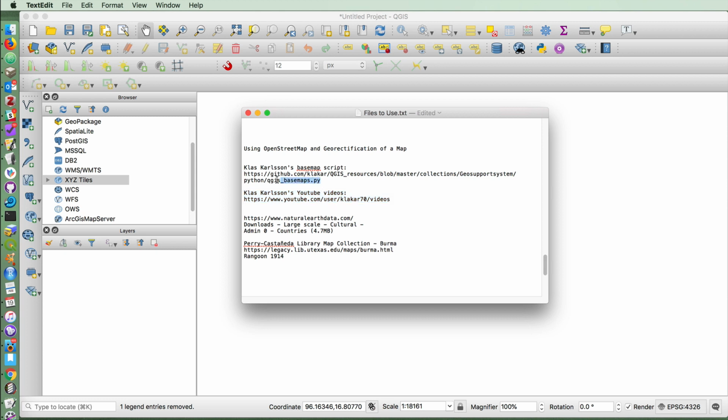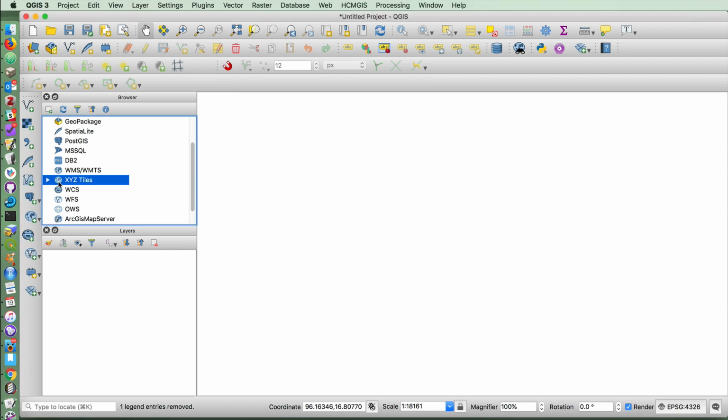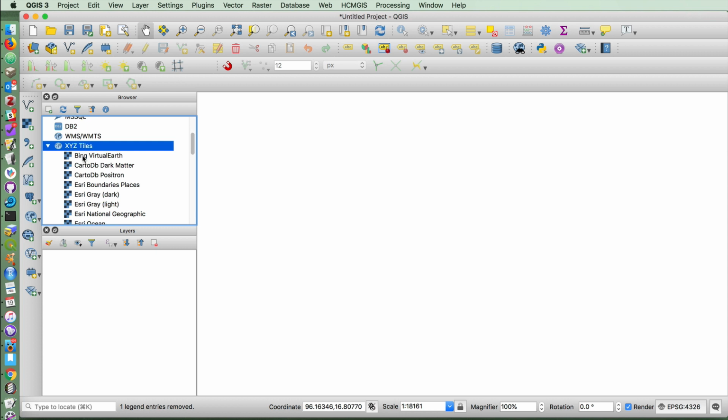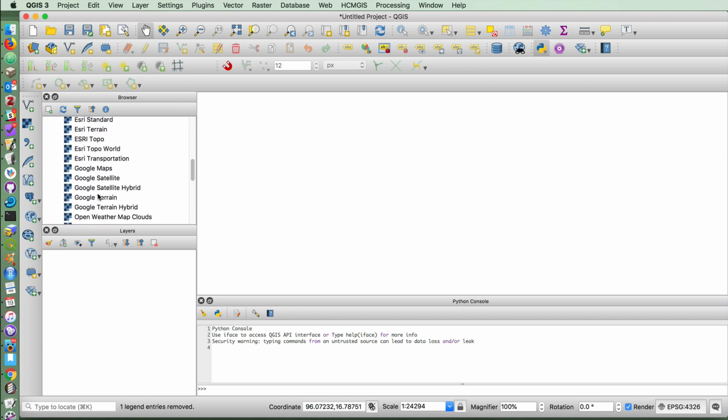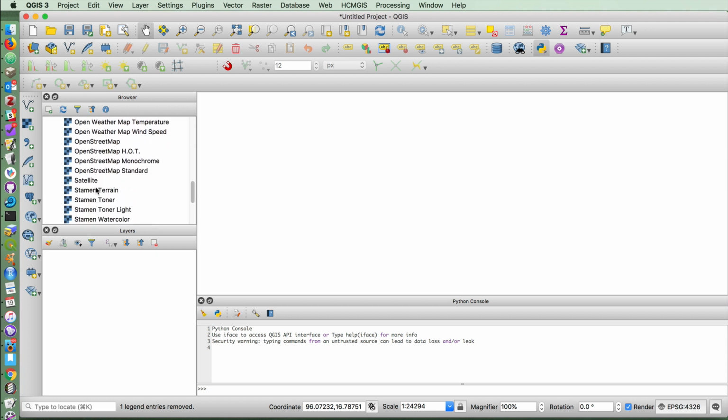And in particular for this exercise, he has put together and hosts a Python script that will allow you to easily import into QGIS a collection of base maps that get stored here in the XYZ tiles. Running his script in the plugins Python console here will add all of these links to XYZ tiles for various popular map services, including Google Maps, OpenStreet Map, and